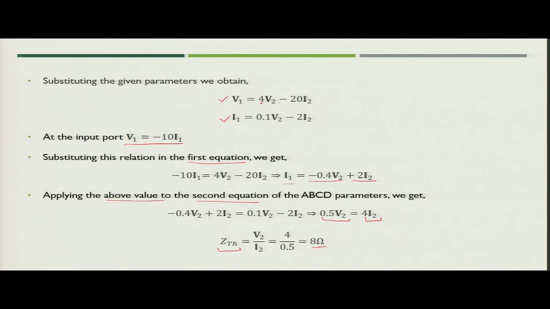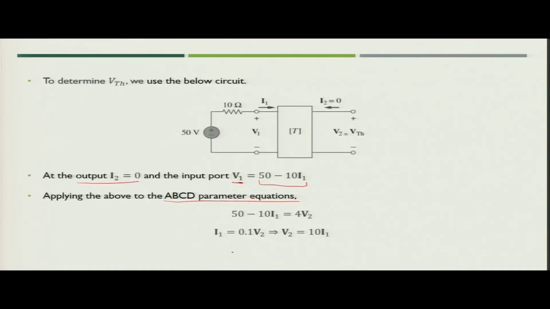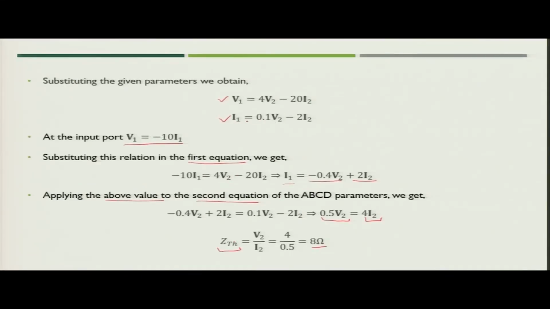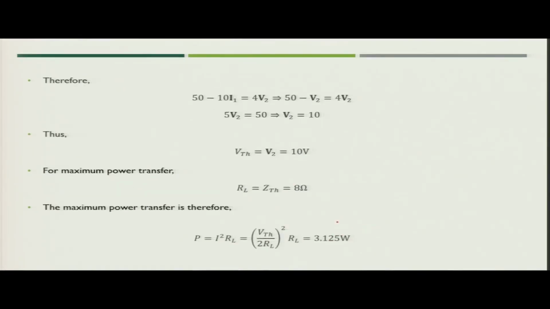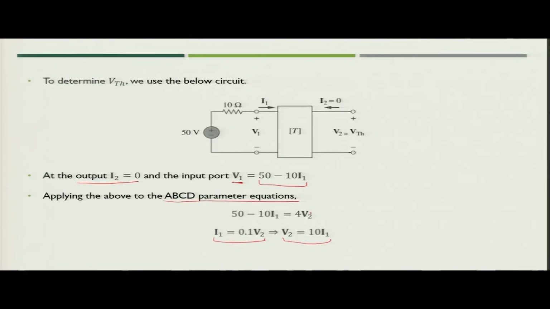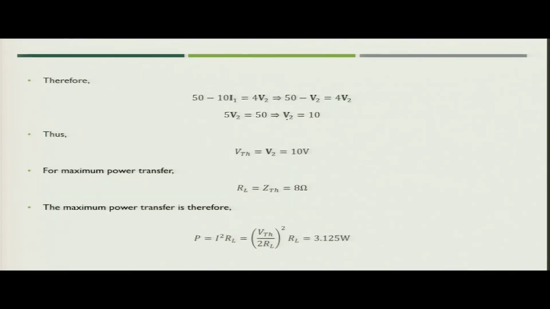So, V1 is now 4 V2, and next is I1. I1 is again 0.1 V2, because I2 is equal to 0. So, you get another equation, I1 is equal to 0.1 V2. So, this will give V2 is equal to 10 I1. Now, you put the value of V2 in this and simplify, and when you simplify you will simply get the value of V2 as equal to 10. And what is V2? V2 is nothing but the Thevenin voltage. So, we now get the value of Thevenin voltage as 10 volt,